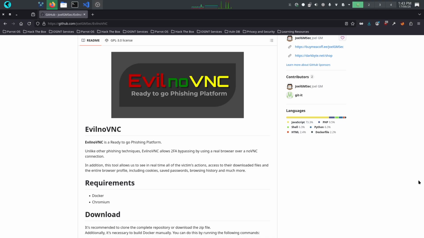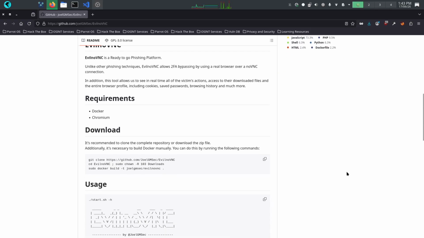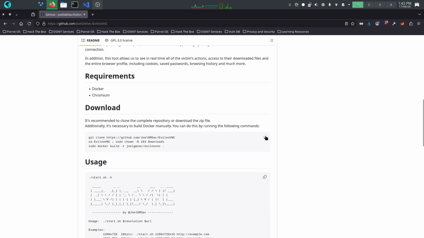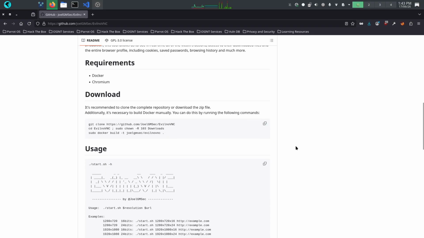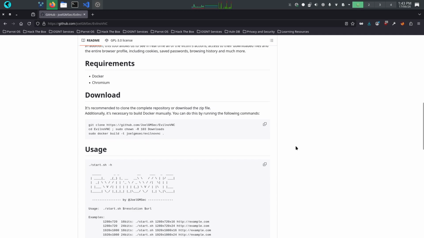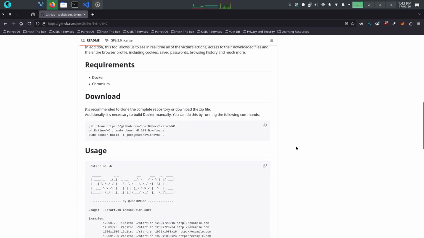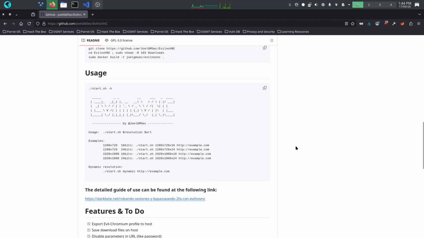Some are designed to monitor browser activity, collect session cookies, capture downloaded files, log user actions, and gather information stored within browser profiles. From a defender's perspective, this means that protecting only passwords is no longer enough. Organizations should understand that session cookies can be just as valuable as passwords. If an attacker gains access to an authenticated session, they may be able to impersonate a user without knowing the original credentials. This is why many security teams are focusing on stronger authentication methods, device trust, conditional access policies, and